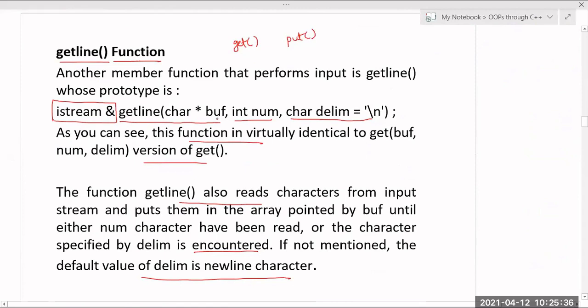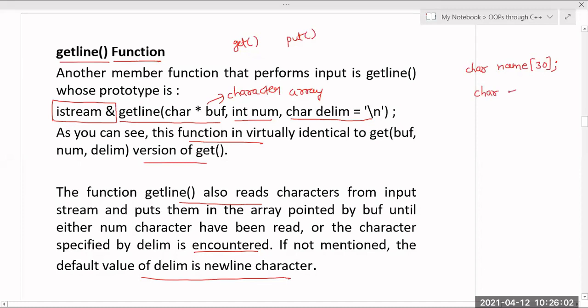Next one is we have discussed this getline function also. This getline function, whenever you want to take more than one character at a time, then I will use this getline function. So for this one, I have to mention the string. In which this is char* buffer, and this is nothing but a character array. So whenever you are dealing with this one, you have to take fname[30]. Then this is your character array.